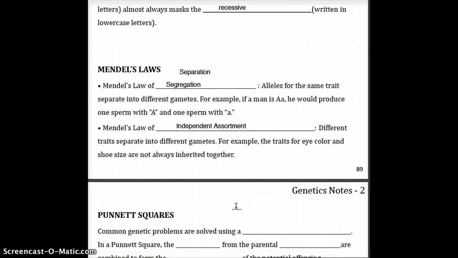Now, the law of independent assortment says that different traits are going to separate into different gametes. For example, the trait of eye color and shoe size are not always inherited together. So that kind of leads to that genetic diversity that we were talking about. You look at your brothers and sisters and they're not going to be exactly the same as you. Why is that? Well, the reason for that is